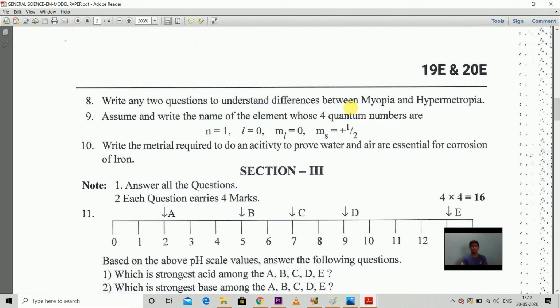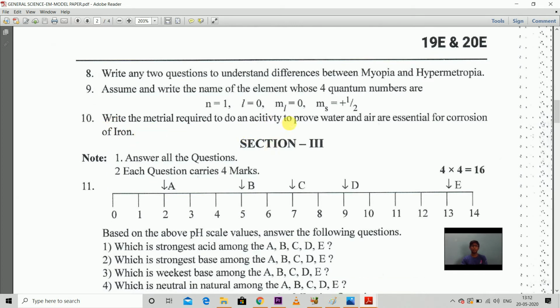I will prepare the next videos also, lesson wise, so you will get an idea how to divide the topics and how to prepare within a short period of time, which covers the entire subject, all chapters. Okay, next here differences, and if you observe, data is given. So data type questions.